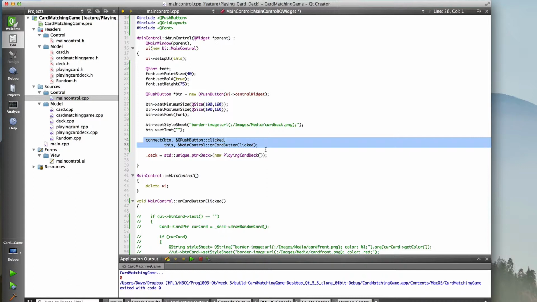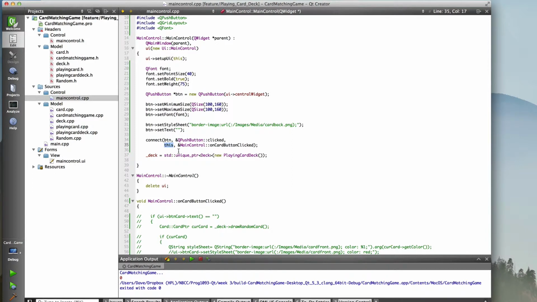So in this case, it's a QPushButton clicked signal that it can emit. So that's just a function on the QPushButton object or class. And then the second 2 parameters are the object where the slot exists and the function pointer to the slot. And then remember, this is in the constructor, so this is a pointer to the object that we're constructing, which is where that slot exists. And the name of the slot function is